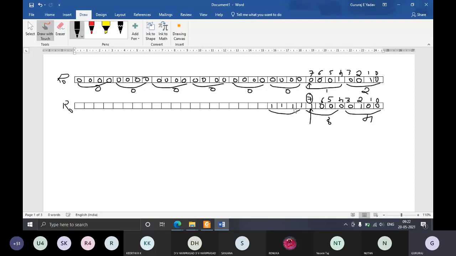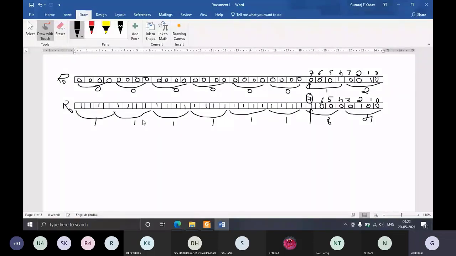So this is 1. The next 4 bits, you have to copy the same sign. This is 1 again. The next 4 bits are 1 again, and so on, so the last 4 bits are again 1.